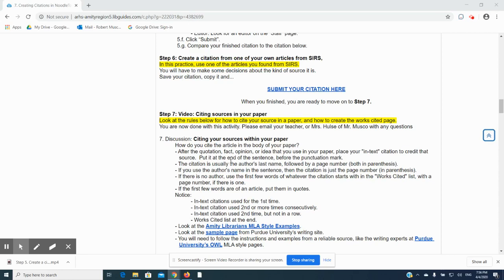Okay, so now that you've finished step 6, which is creating a citation from one of your own articles from SIRS, we're ready to finish up here. But first, I'd just like to give you an idea of what a finished paper looks like and what citations look like in them. So at the very end of the instructions on the library instructional page,